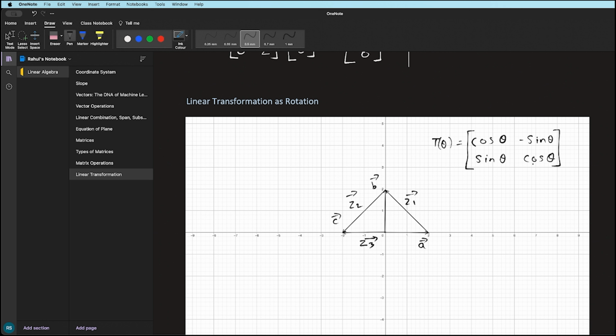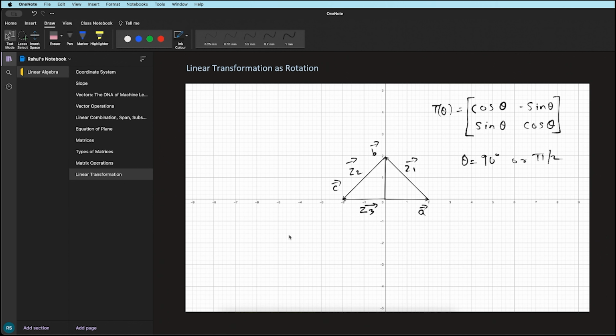So I want to rotate this triangle by 90 degrees in the counterclockwise direction. In that case theta equals 90 degrees, or pi by 2 radians. If I substitute the value of theta, then the transformation matrix becomes